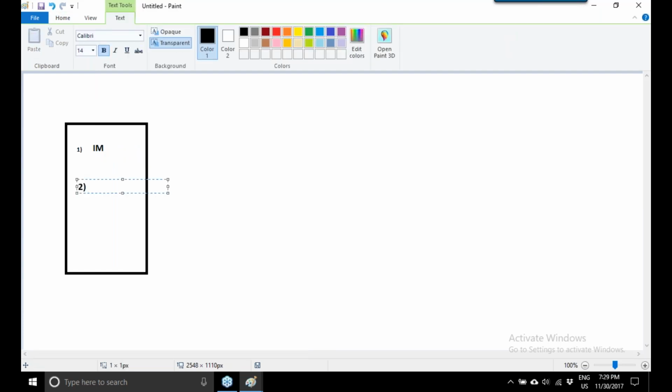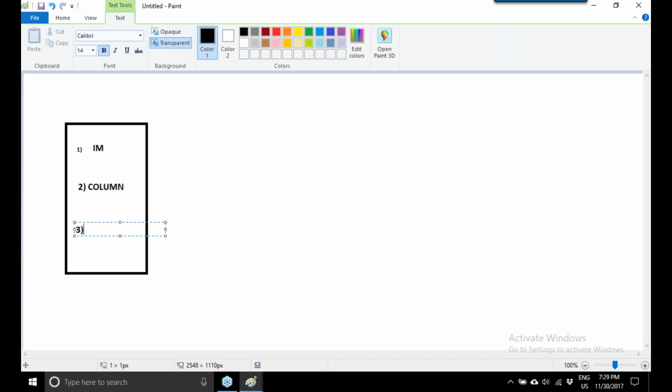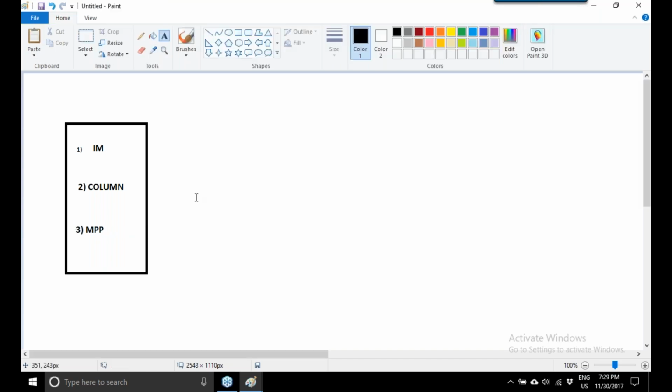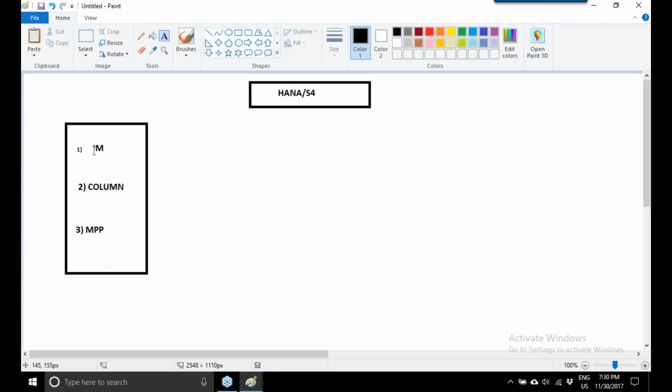The second one, it is column-oriented. And the third one, it does massively parallel processing. So the new SAP HANA S4 HANA, the next generation platform from SAP, is in-memory, column-oriented, and does massively parallel processing.